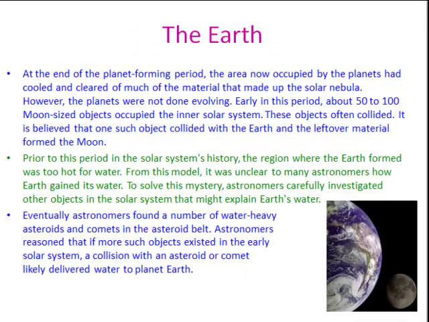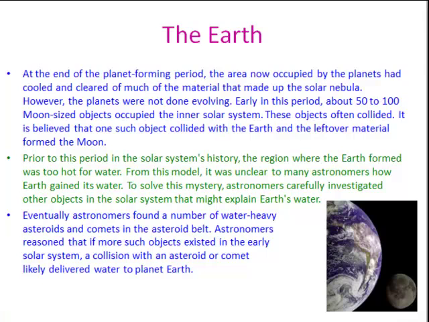And finally, the Earth. At the end of the planet-forming period, the area now occupied by the planets had cooled and cleared of much of the material that made up the solar nebula. However, the planets were not done evolving. In this period, about 50 to 100 moon-sized objects occupied the inner solar system. These objects often collided. It is believed that one such object collided with the Earth, and the leftover material formed the Moon. Prior to this period in the solar system's history, the region where the Earth formed was too hot